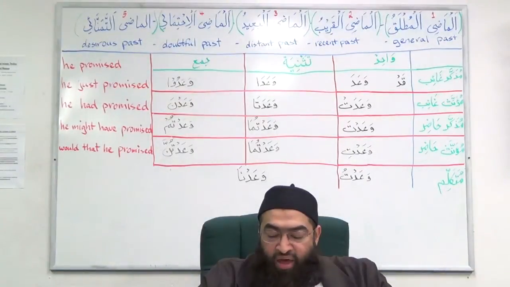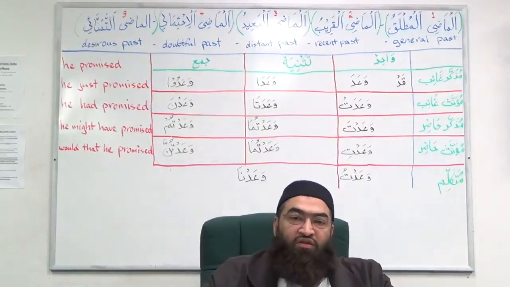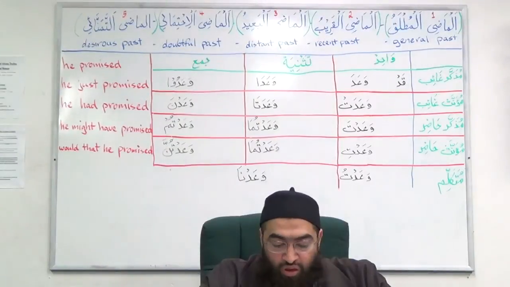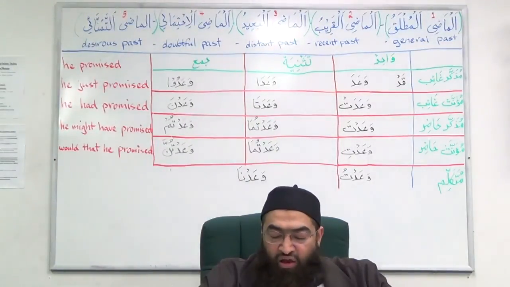Beneath it, shuriba labanun, the milk was drunk. So shuriba is fi'l al-madi al-majhool. The subject of the verb is not mentioned. Who drank the milk is not mentioned. How do you make al-fi'l al-majhool?